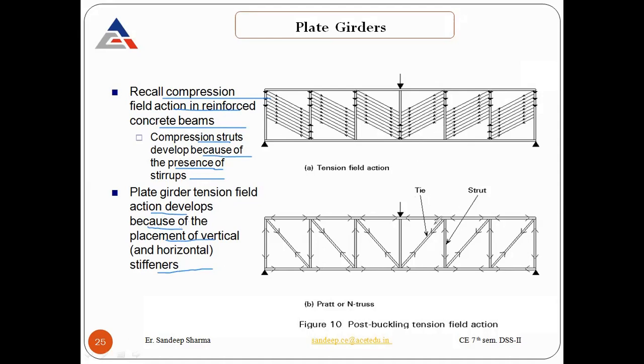So that will transverse through. So in the case of tension field action, when you are providing these vertical stiffeners in between, with the inclined members, these compression forces will be maintained. And you can see when the load passes through all these members, this kind of truss will be suitable against the tension field action there.